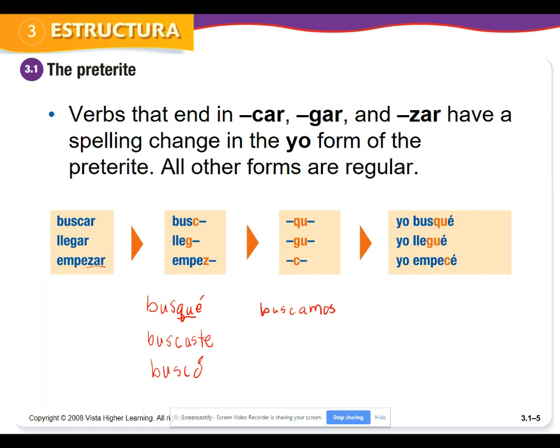So it's going to require practice, guys. You're going to have a lot of practice this week on just basically conjugating these verbs, because you're going to have to get used to those new endings and some of these new rules.